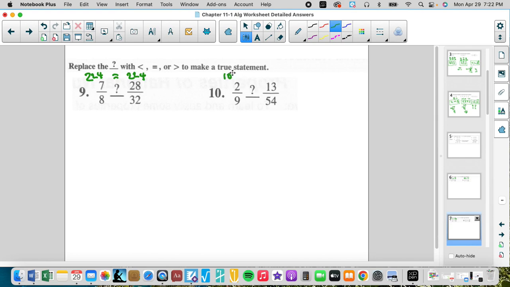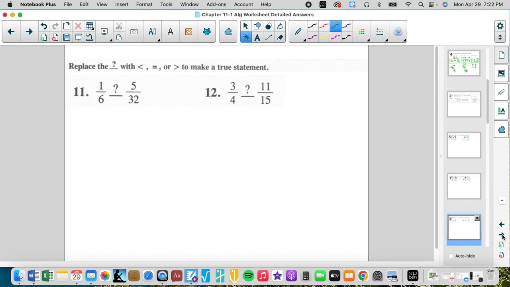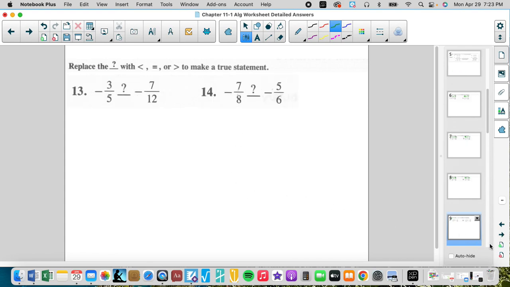That's going to be 108. That's going to be 27. 2 is 11, so less than. That's 30, that's 32, so greater than. That's 44, that's 30, no, that's 45, so greater than. Oh good, negative. So that negative,